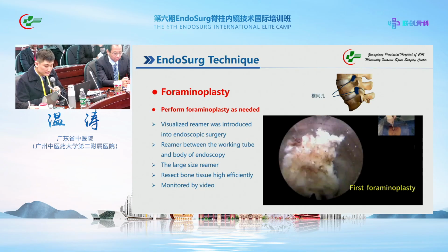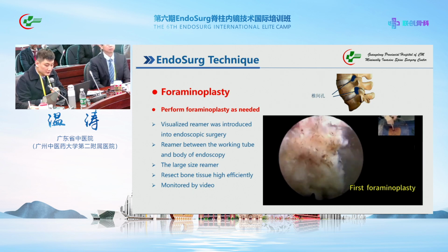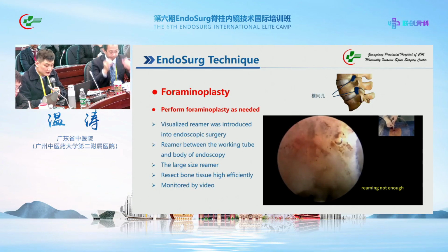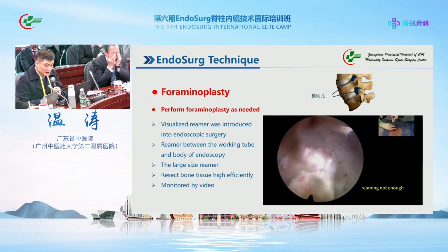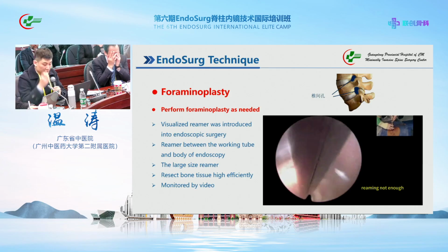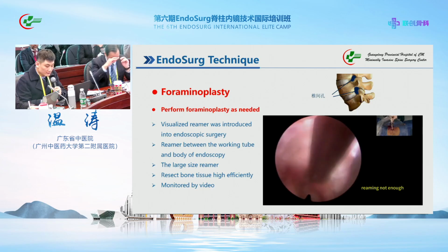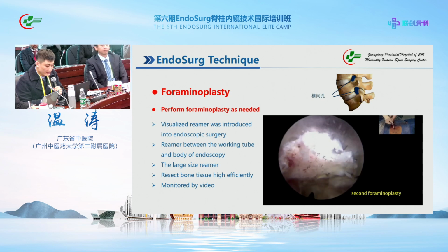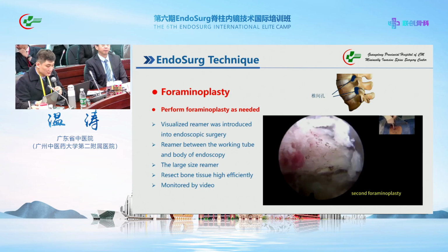First, we rotate the reamer anti-clockwise to cut the soft tissue until the reamer enters the bone. And then we rotate the reamer quickly clockwise until the bone fragment is loosened, and it will rotate with the reamer together. Now the reamer is in the bone. Now you can see the bone is loosened, and we can use the forceps to take it out